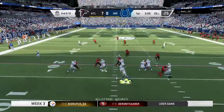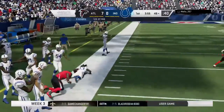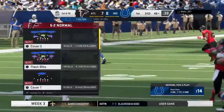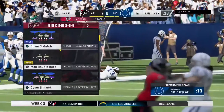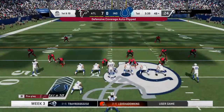Throwing again. Rivers. It's complete here to T.Y. Hilton. And he'll be taken down, but not before they work it across midfield. It'll go as an impressive 31-yard gain. Ready. Round 80. First and 10 at the